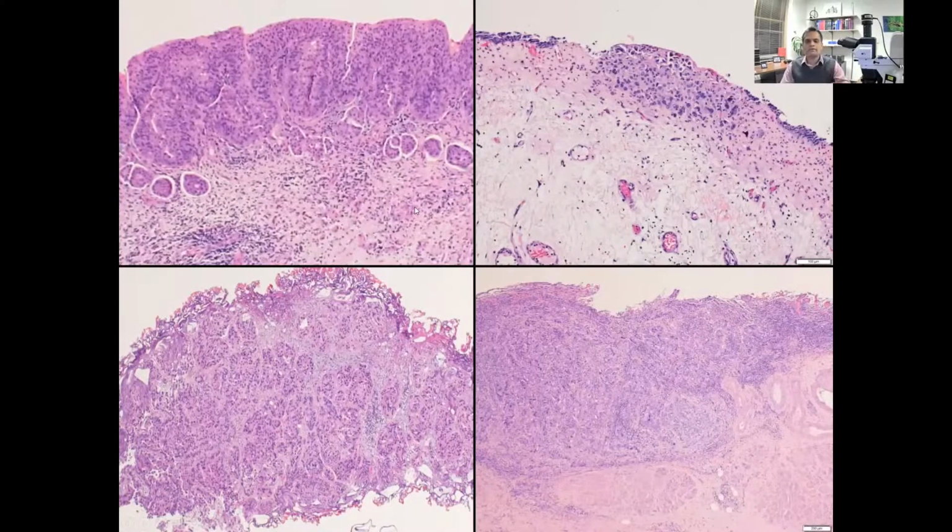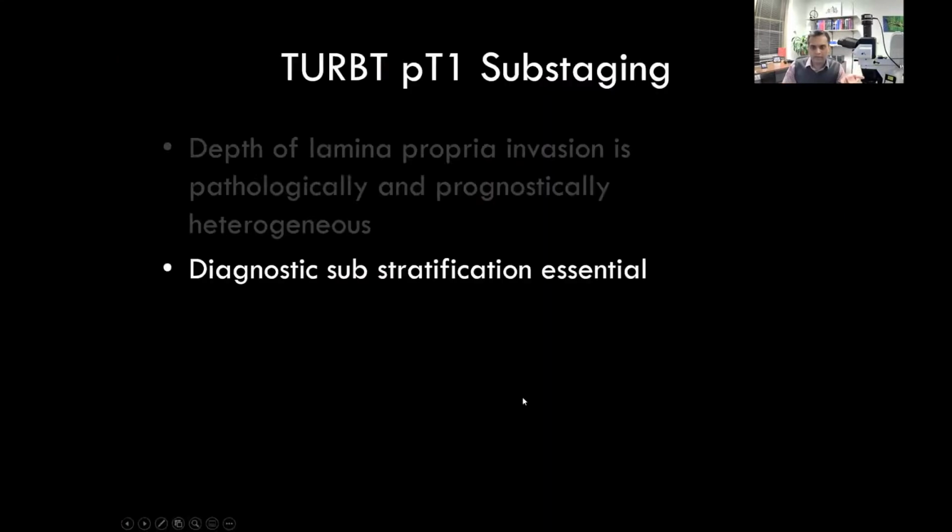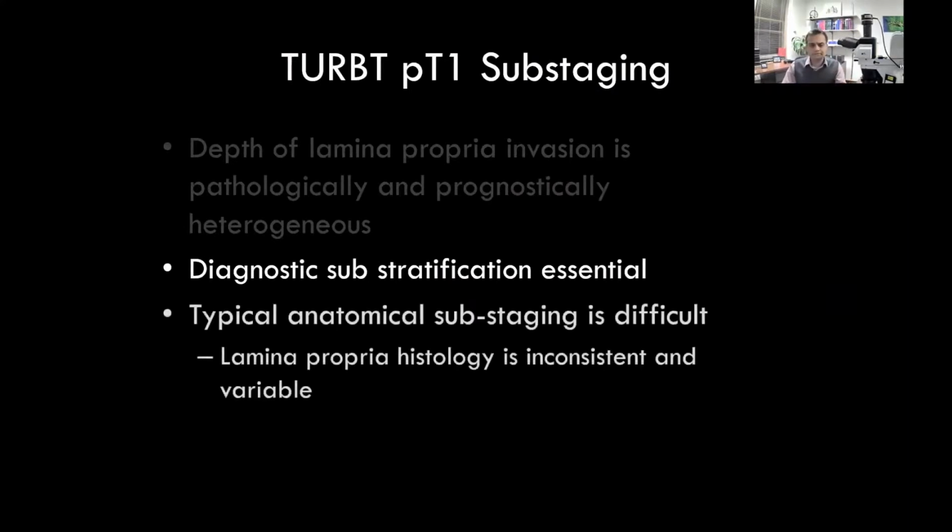Now, all these are technically T1 carcinoma, but you can clearly see why these two will behave completely different from these two. These are clearly much more aggressive looking carcinomas, and there should be a way in which we have to designate this correctly, right? So diagnostic substratification of T1 urothelial carcinoma is very essential. Now, the problem is,